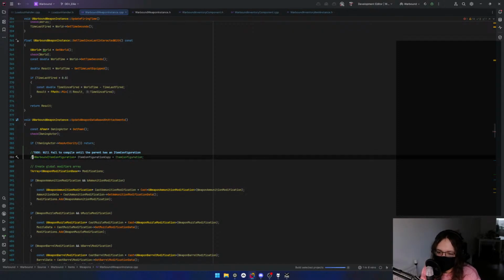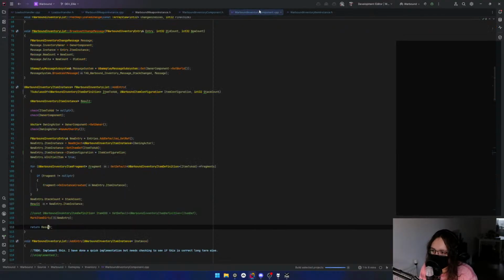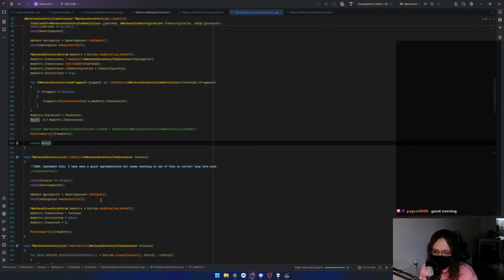So let's, and then rerun. Because I vaguely remember catching in Blueprint, the result of this gets then passed, is it to add entry? No, it's not to add entry, because